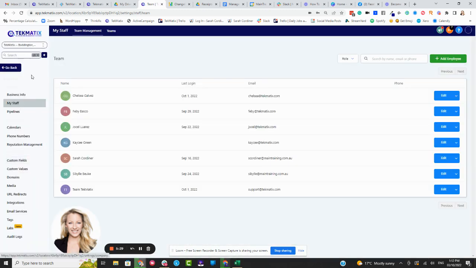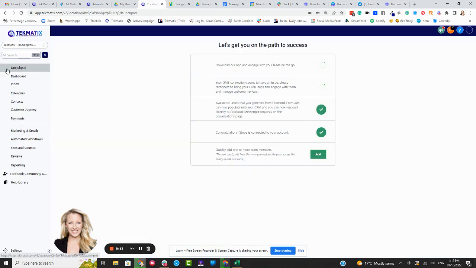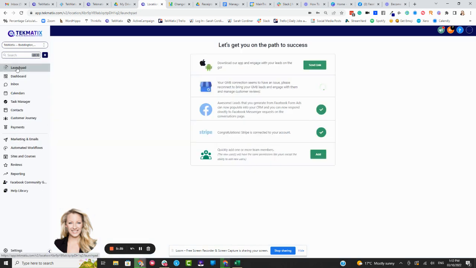All right, there are lots of other things we can go in and set up, but at the moment, I just want us to go back to the Launchpad. So go back to your main menu, click on Launchpad, and then we're going to go through these Launchpad steps in this order. Please go through them in this particular order, because otherwise you can actually reset your connections via